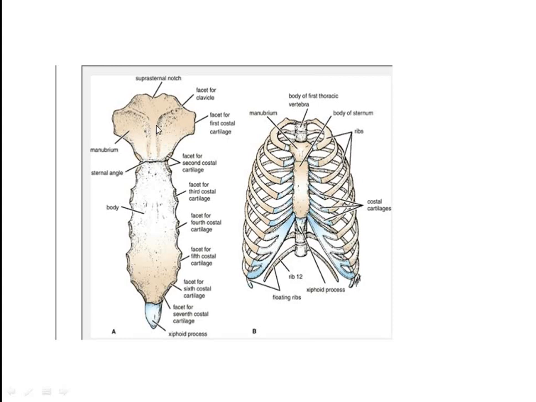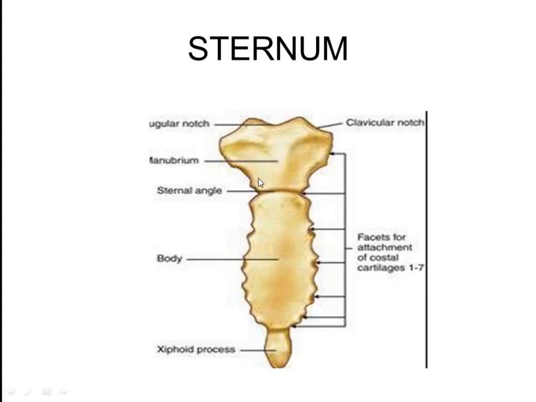So the sternum has 3 parts: the manubrium sterni, the body, and the xiphoid process. The junction between the manubrium sterni and the body of sternum is a joint, a secondary cartilaginous joint, and this is the site of the sternal angle. Then there is another joint between the body of sternum and the xiphoid process, the xiphisternal joint. This again is a secondary cartilaginous joint, but it undergoes synostosis. It fuses after 40 years of life.